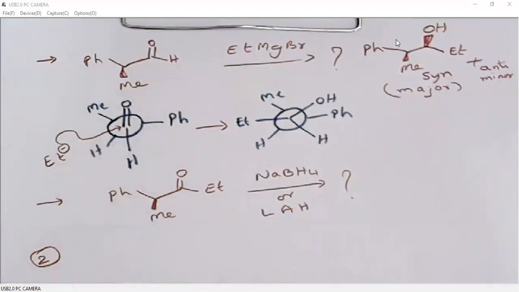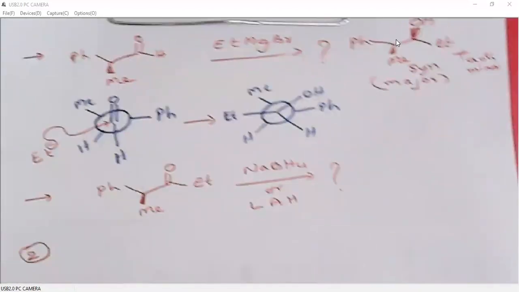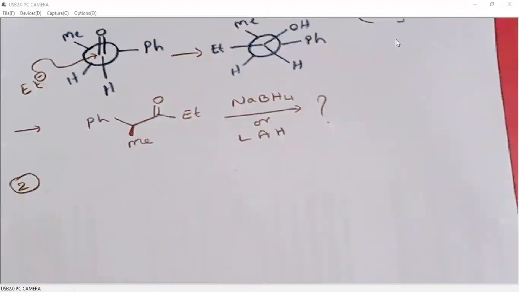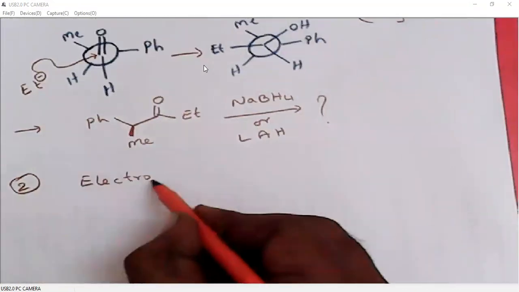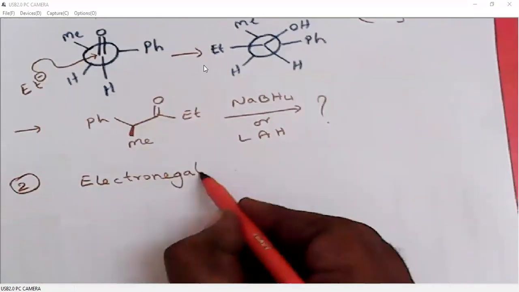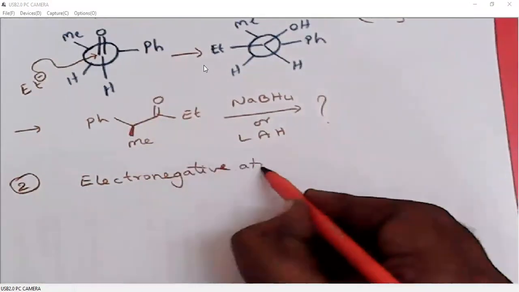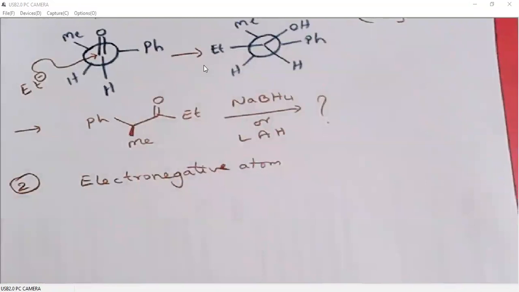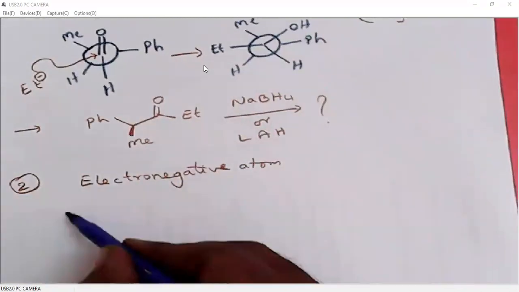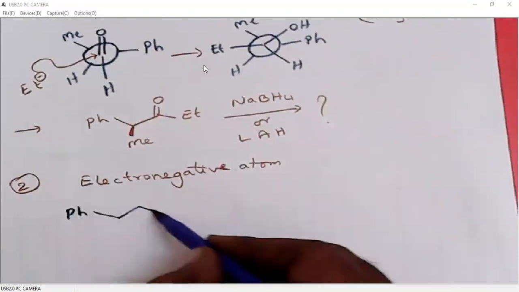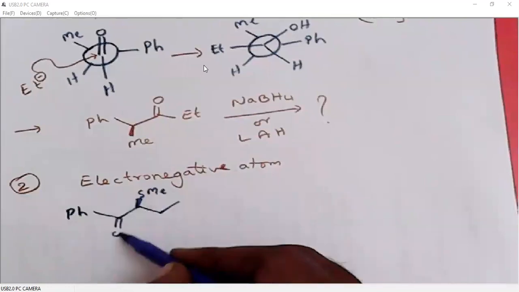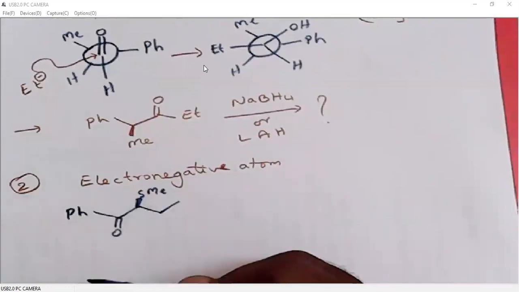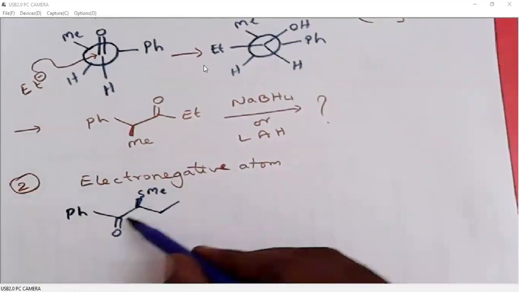The second variation in the Felkin-Anh model is when we have an electronegative atom, more electronegative than carbon, in the molecule. For example, when you look at this example, we have a sulfur atom. Sulfur is more electronegative than carbon, right? Then what is the stereochemistry around this carbon